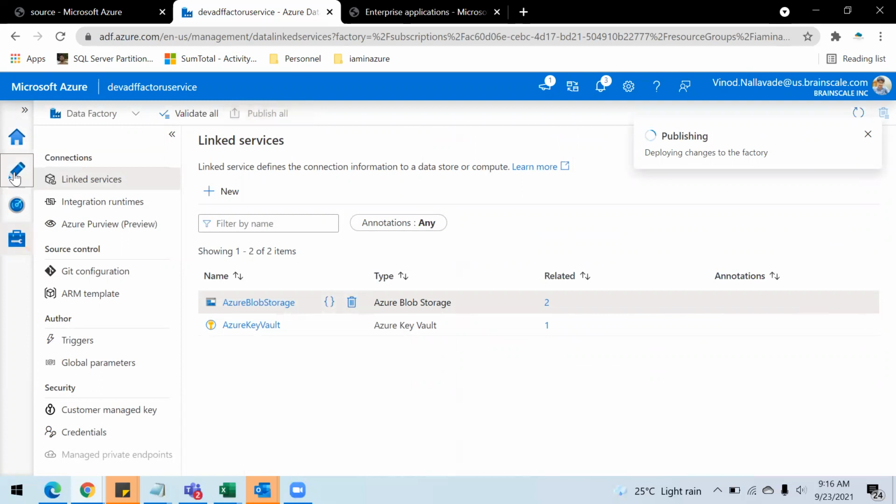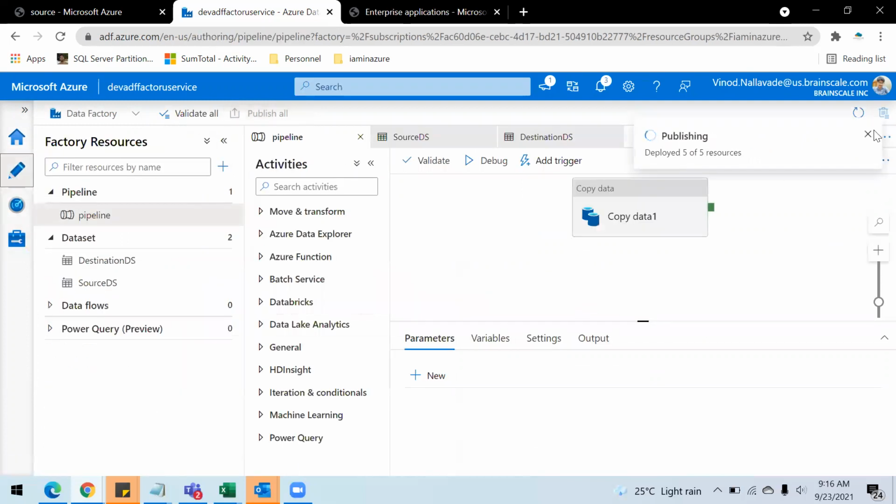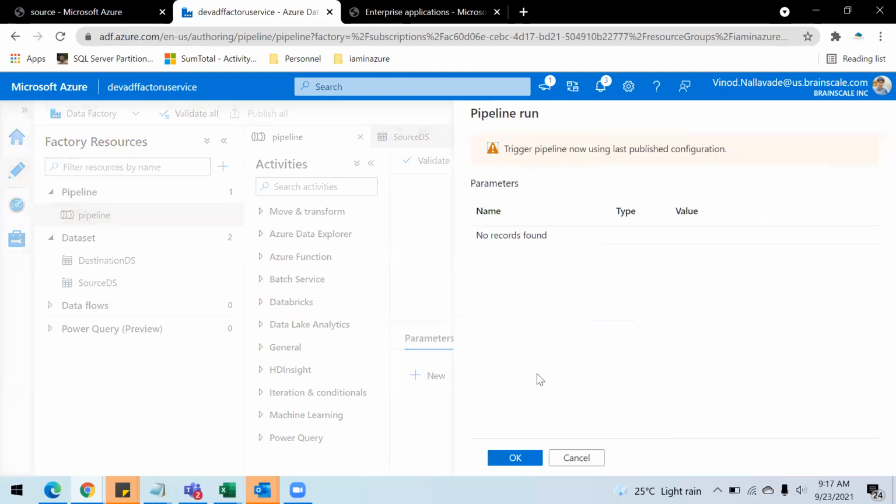Once this is published, I will show you by triggering this. To make sure that we can use the key vault, I will create one more storage account and use that storage account's connection string inside the key vault and show you that we are not going to touch this pipeline anymore.